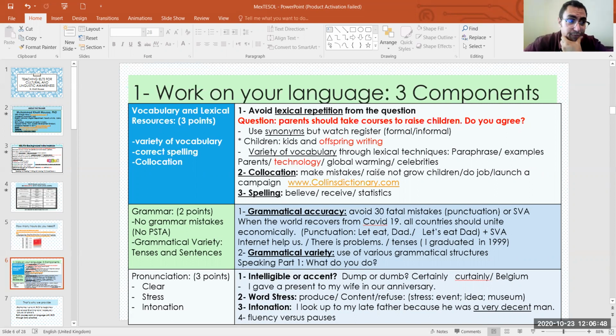For example, why don't we just study grammar through IELTS? Because according to Cambridge, grammar is not just grammatical accuracy, it's variety. And through the word variety, you can provide the different tenses. So if I ask the student, what do you do, or what's your job? Instead of saying, I work as a teacher, you could say, I've been working as a teacher for 20 years, and I do enjoy this job. And you can actually provide them with the script, and ask them to spot the grammatical variety.